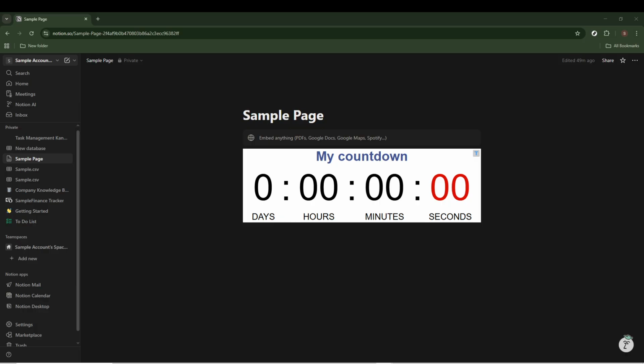When you see it, click on it to open the template preview. Choose to use this template and add it to private, duplicating it into your Notion account. Now your task management system is ready to use. You can start customizing it by renaming tasks, changing statuses,